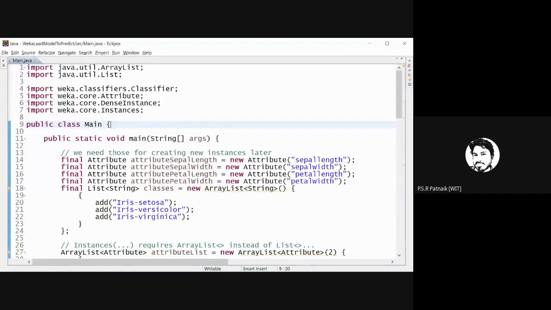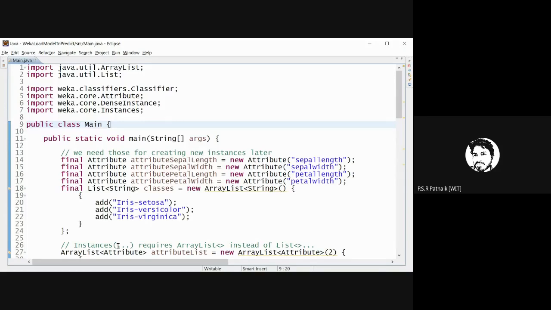Okay, so let me explain the program. These are the libraries required to import this. Whenever you want to predict something, you just need to get the new data for the attributes from the user, pass this attributes data to your ML model, and the ML model will predict it. After predicting, you will get a class. Just this class output you have to show to the user.